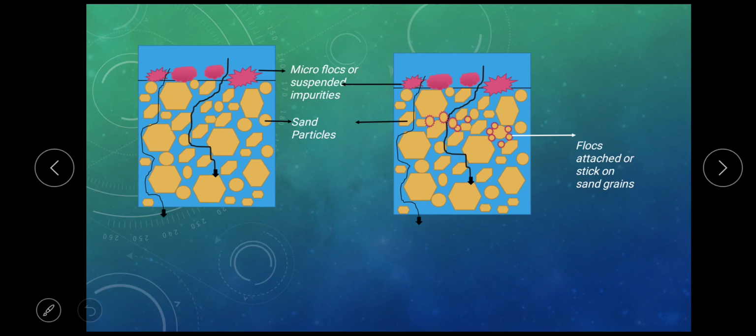Here, the size of impurities is very high when compared with the pores present in the sand. So these are mainly retained onto the surface of the sand. Here the action of microorganisms is always there. Water is passed through the interconnected voids present in the sand. Now some impurities may percolate through these voids and attach. Suppose this is a sand particle. Now these impurities can attach onto the surface of the sand.